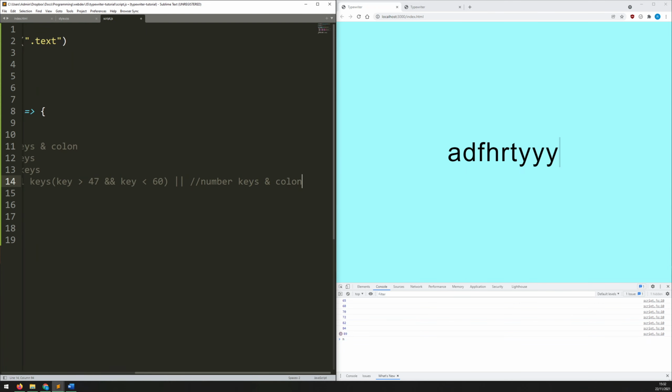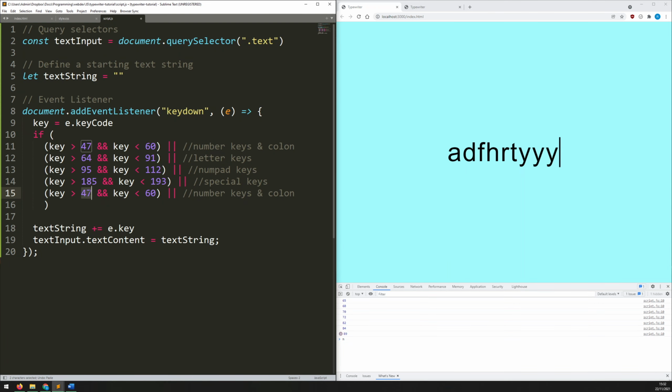And then lastly, there's also a few more special keys that are not within the same bracket. So 218, 223. I'm just going to put special keys again. Okay, so if it's any of those, let's close this bracket, get rid of that one. If it's any of those,